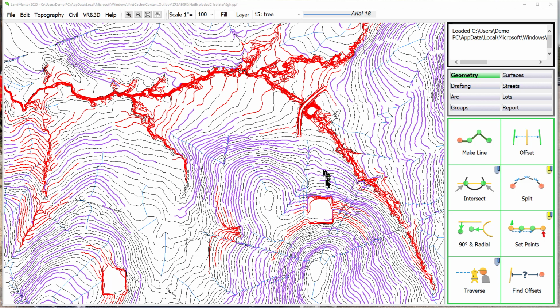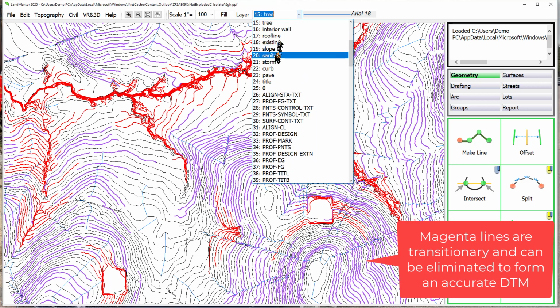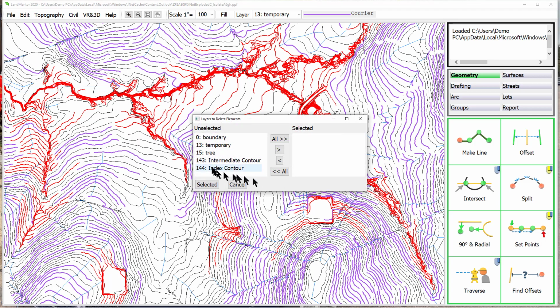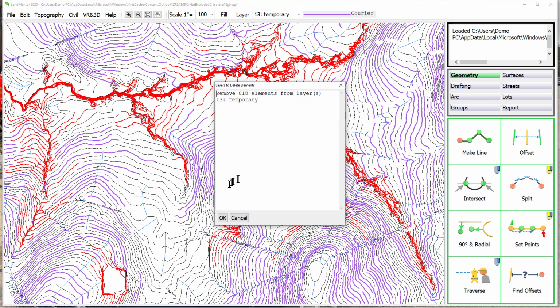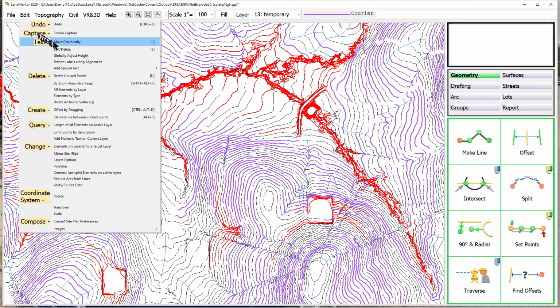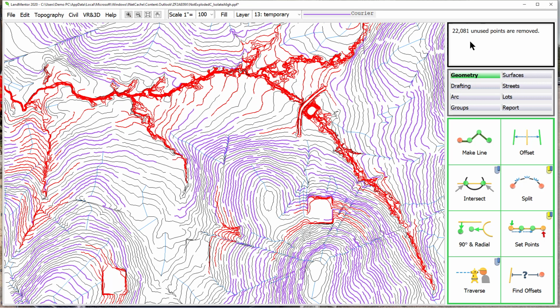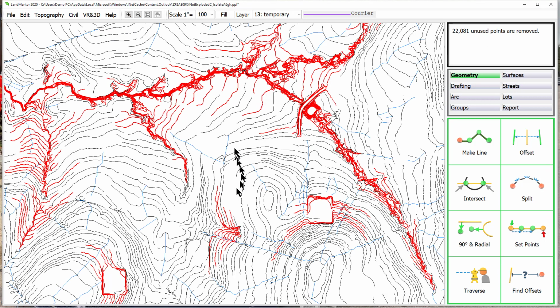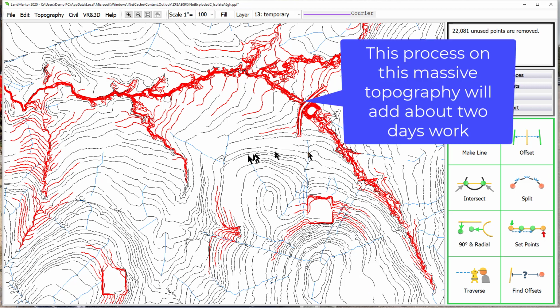And then the magenta lines, if I was to take those out, for example, they're on layer 13, edit, delete by layer, just take out those, and then edit and delete unused points. Those are 22,081 points we don't need because we'll replicate the surface without those points. So you can see these are essentially the guidelines that are going to create a new digital terrain model with a fraction of the data of the original